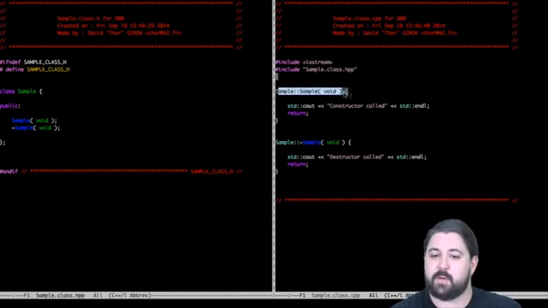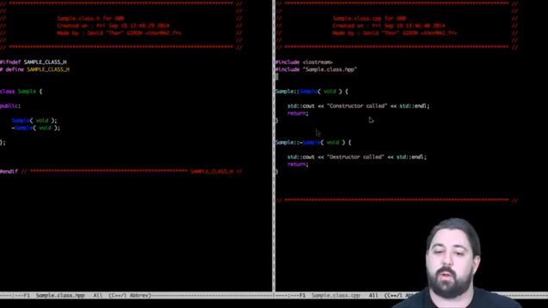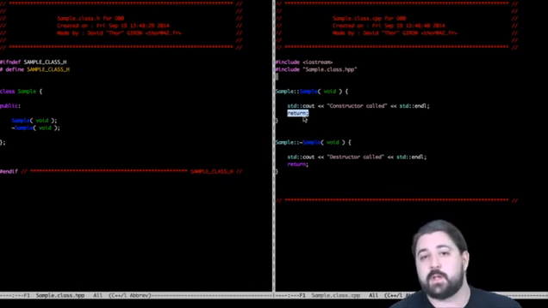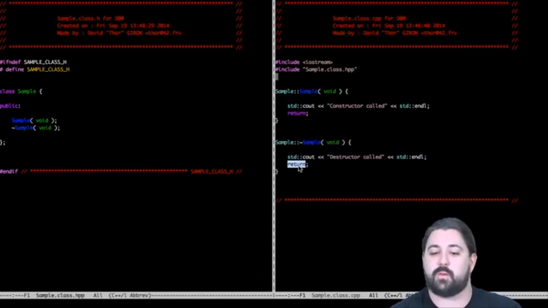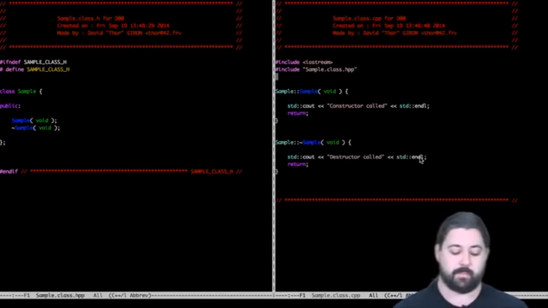However, I may write return to show that I'm done writing my constructor or my destructor. If you forget it, it would work the same way. But I think it's better to show that you're done writing your code. The code of the destructor works exactly the same way. On my standard output, I want to output the "destructor called" string followed by my carriage return. It couldn't be any simpler.